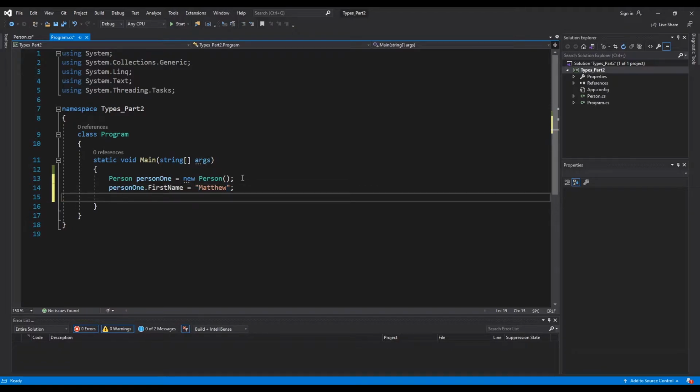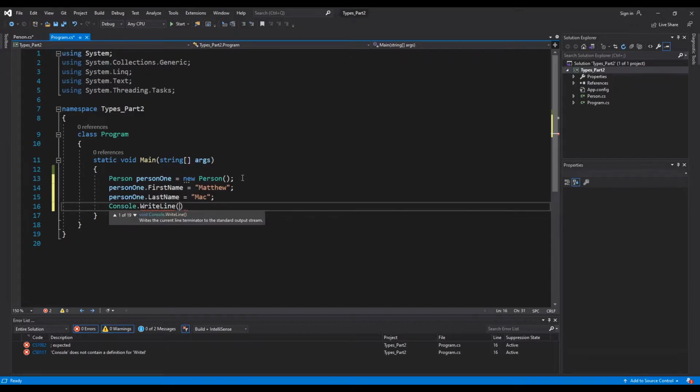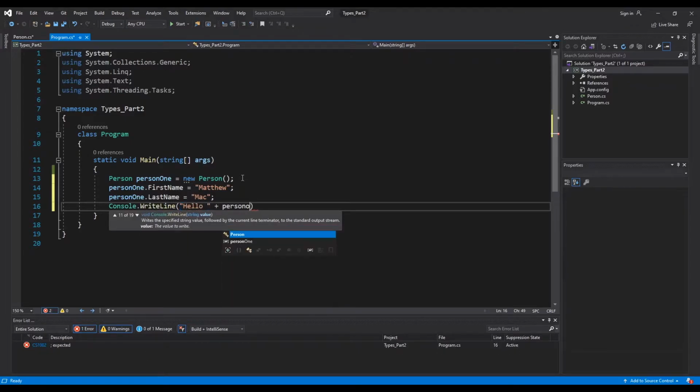And then on the next line, let's type in person1.LastName = "Mac"; Then let's write the values to the console by typing in the following: Console.WriteLine("Hello " + person1.FirstName + " " + person1.LastName);